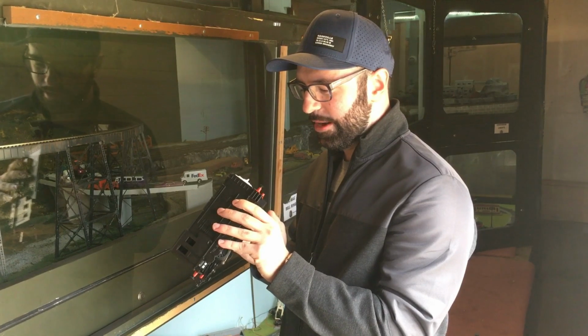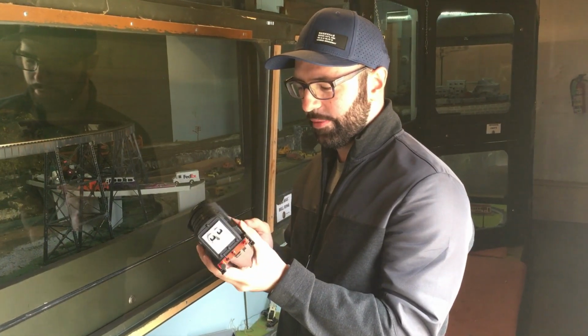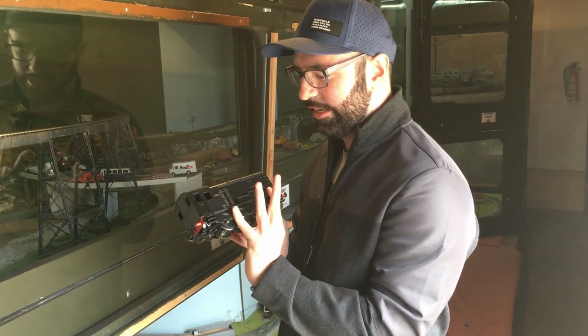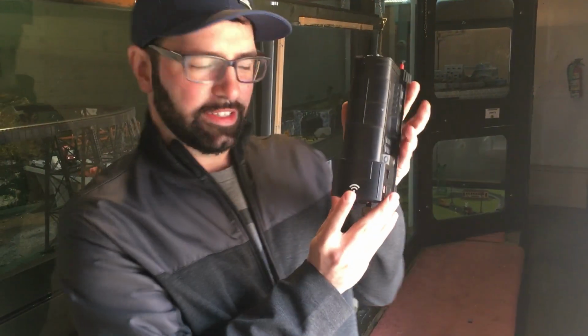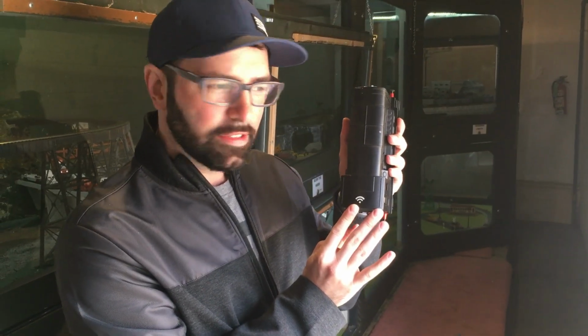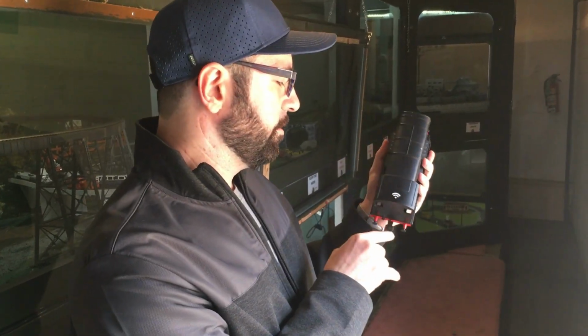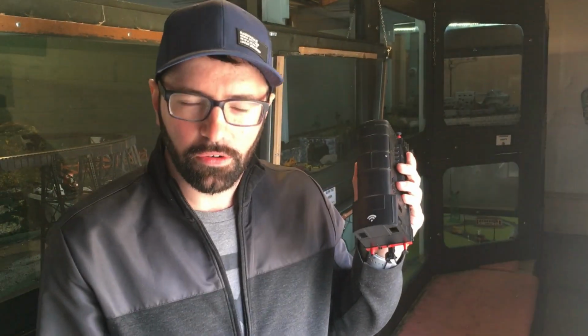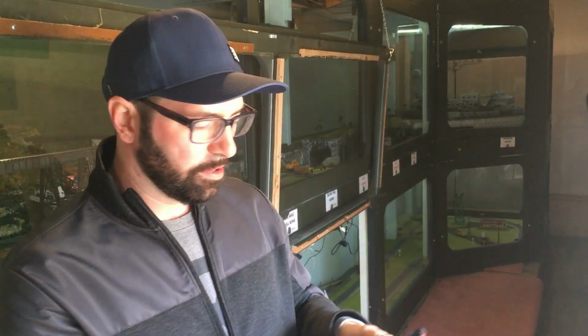I think that the Bachmann large-scale diesel was probably a lot better. I mean, the detailing is kind of neat. One thing I don't like is they have this symbol. What's the symbol, Corey? Something to do with Lionel Chief. Yeah, some kind of RC control technology. It kind of breaks the immersion when you have a Wi-Fi signal decal on the top of the motor, or